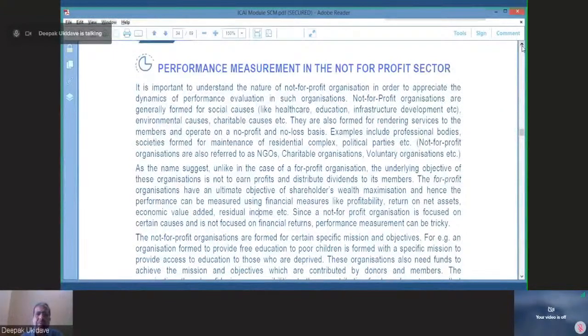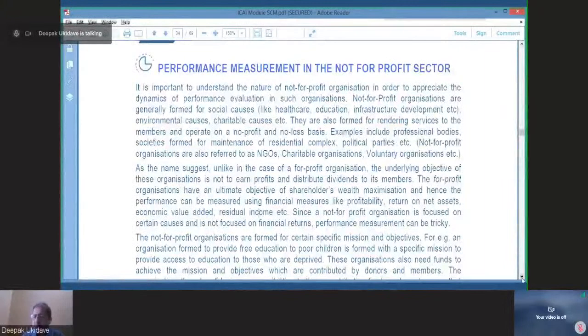So funds which are acquired in the form of donations, charities, financial assistance will have to be utilized, will have to be spent on the society at large for the benefit of people at large. And there has to be some sort of accountability to the donors, some sort of responsibility, transparency in your reporting as to how the funds are utilized. So in that sense, non-profit organizations are also accountable to the stakeholders, and therefore there arises the question of performance